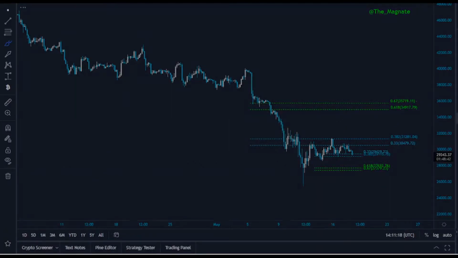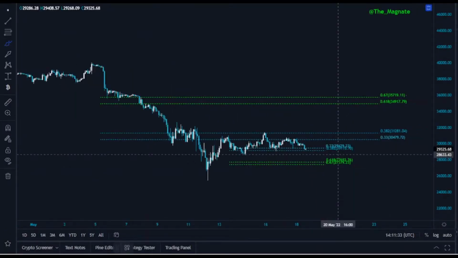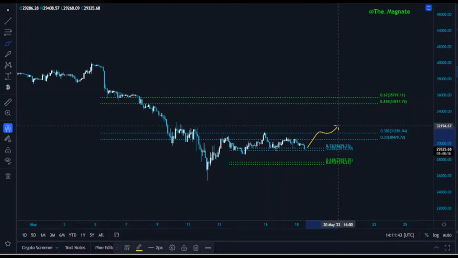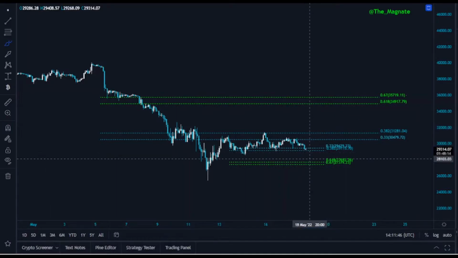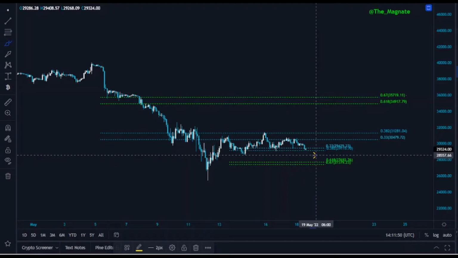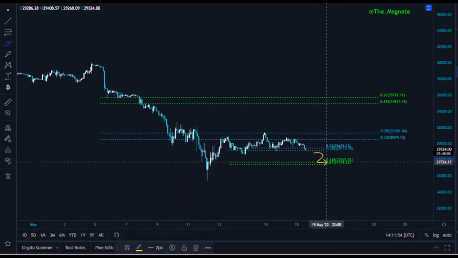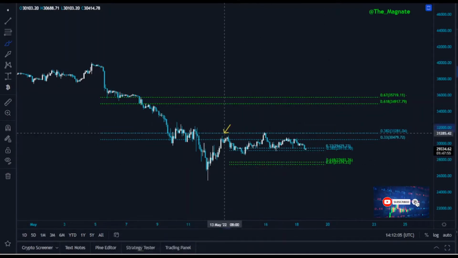Moving on to the 2-hour time frame. At this stage, the 2-hour time frame is also heavily under the bear's control. Without claiming 382, which is 31,000, ideally 31,500 level, it's going to be too early for us to talk about the bullish scenario. Otherwise, as I said, the next level is going to be the 0.5 fib level, around 28.5, but I will be expecting the price action to come all the way up to $27,700, $27,400. And as you can see, we've got the first rejection.